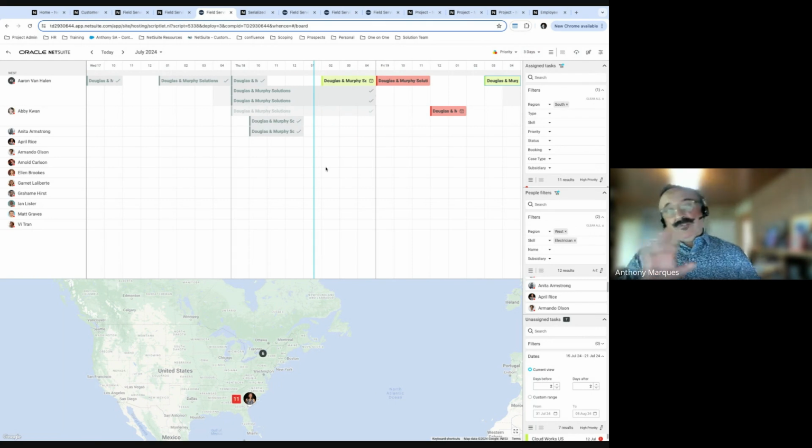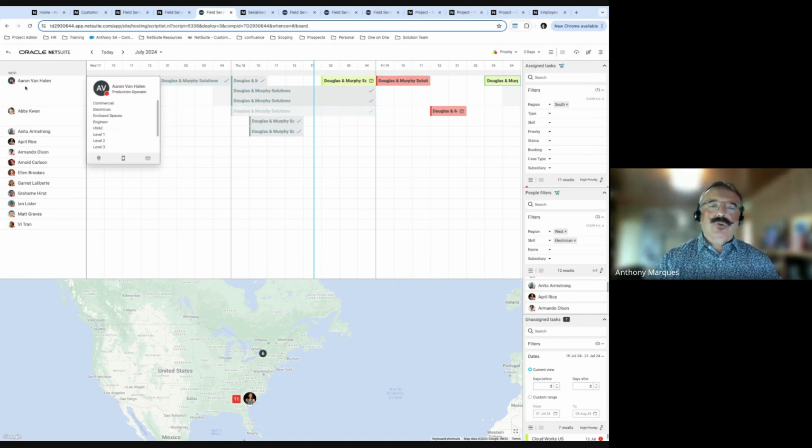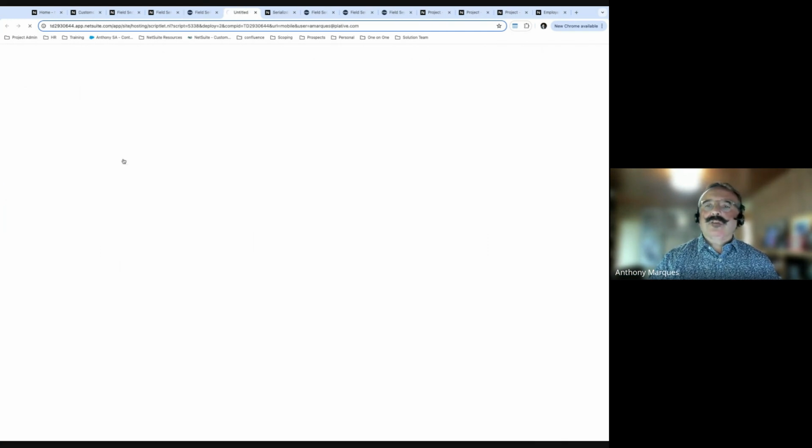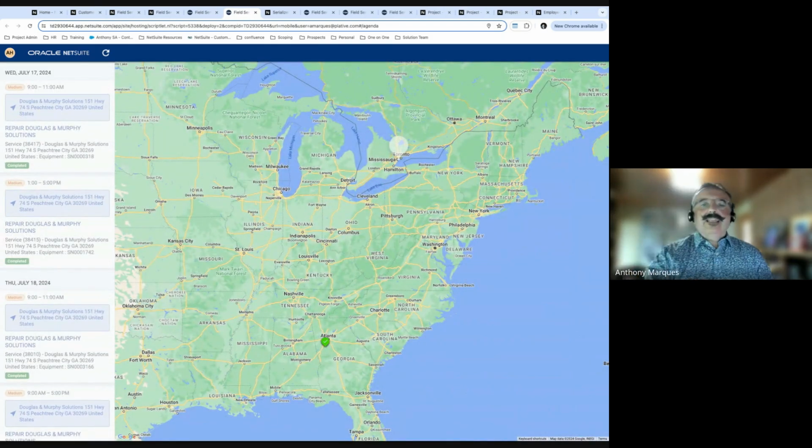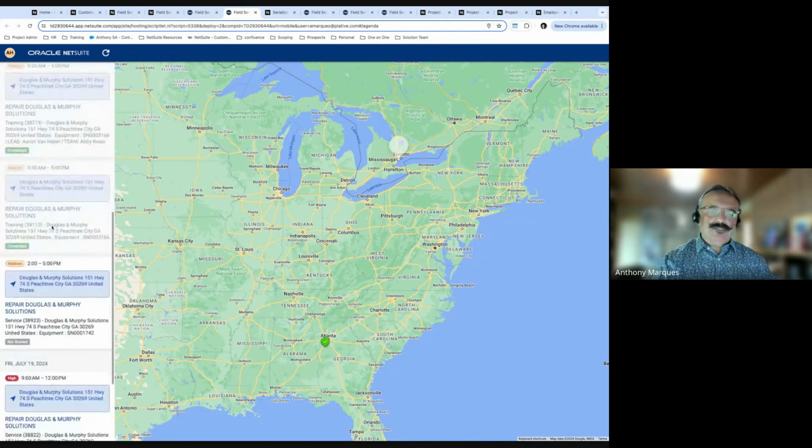So there we go. We've set up the schedule. Scheduling is done for today. Aaron's coming into work. He's going to want to know what he has to do today. So what we do is we open up Aaron's mobile, and he gets access to this information. In our particular case, we're looking at a full-size computer monitor. He is looking at the full map and everything else, which is convenient for our demo, but typically he would be on a phone. So what he would see is probably a list of the tasks that have been assigned